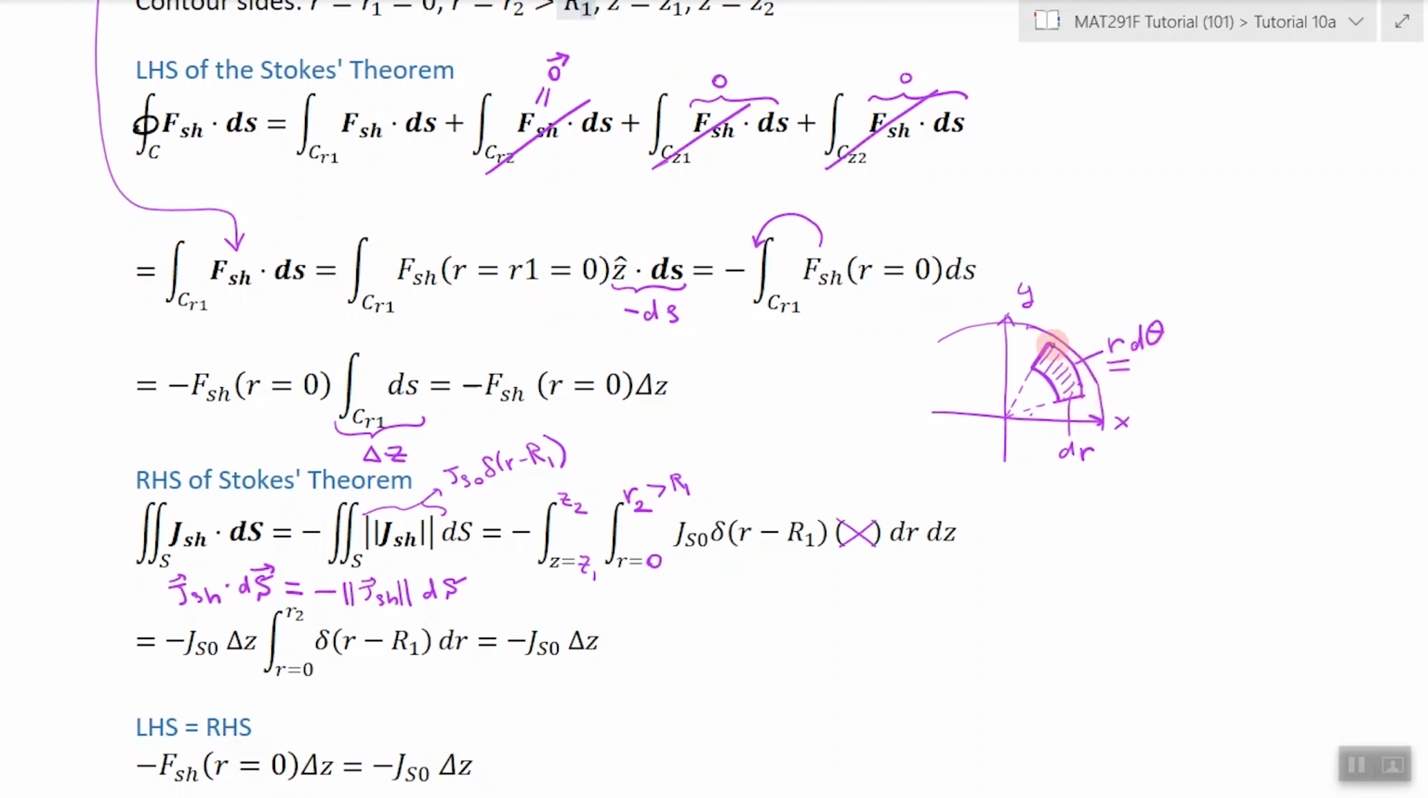R d theta is the length of this guy. That's why when you're integrating dr d theta, you need the Jacobian. And the Jacobian is not just 1. Now, if you're integrating